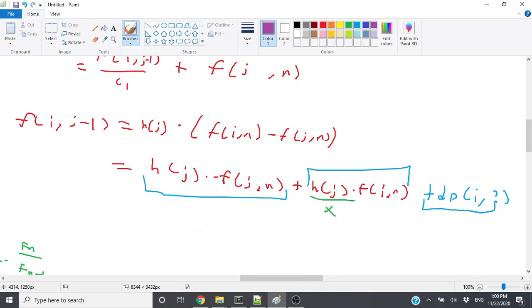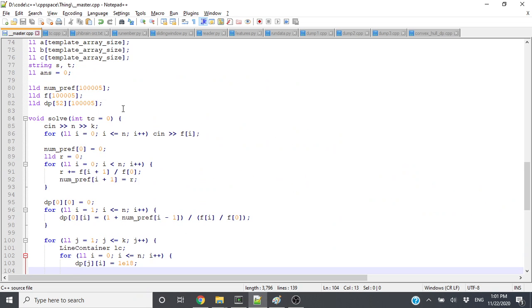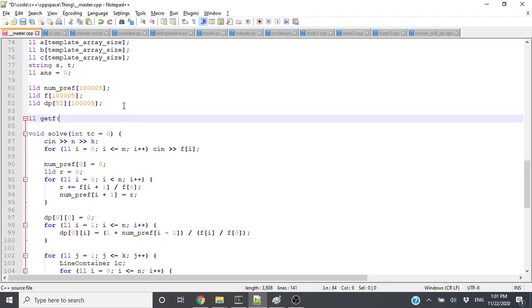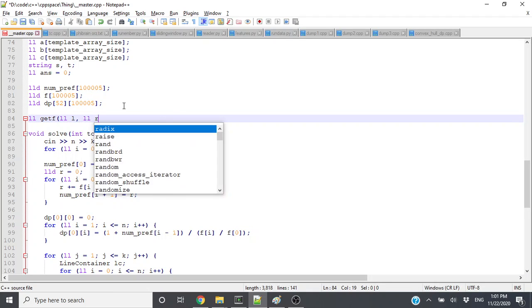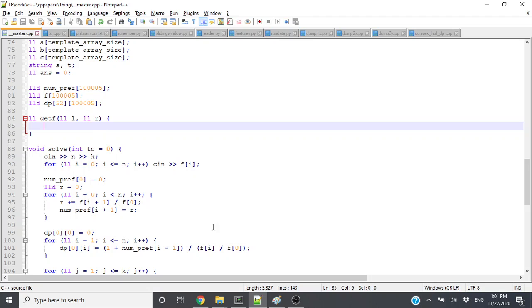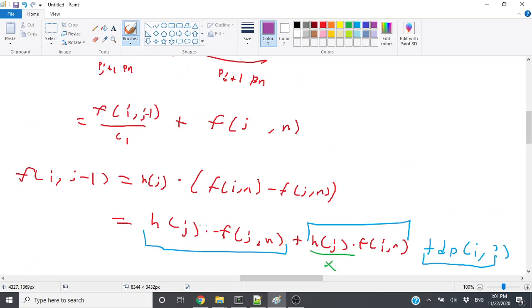So, let's see. We have to compute this right. So this is,